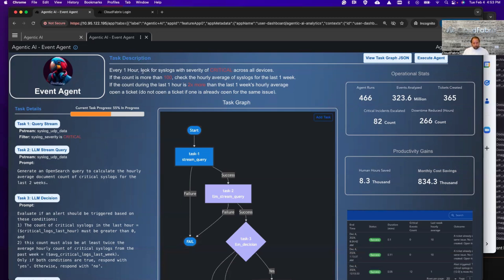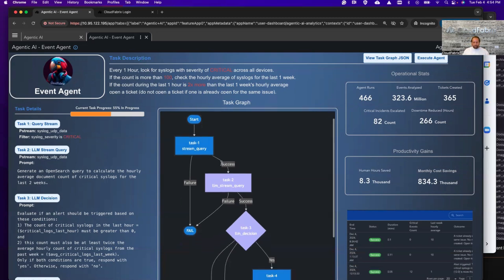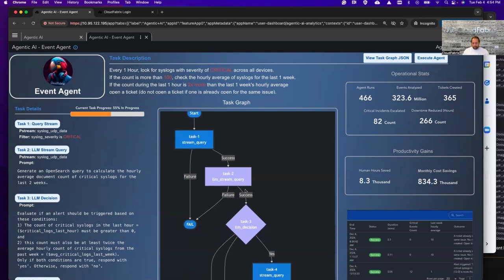So what does this do? Every 1 hour, it looks for syslogs with certain severity. It looks at the baseline, and if the syslog count has exceeded that baseline, then it generates a ticket. Using that conversational phrase, the platform is able to create this task graph completely autonomously, along with the JSON code associated with it. And each of these tasks is executing a task where it is querying stream,